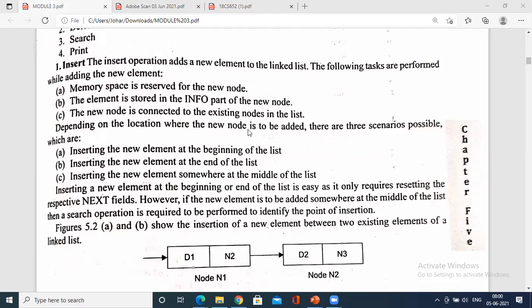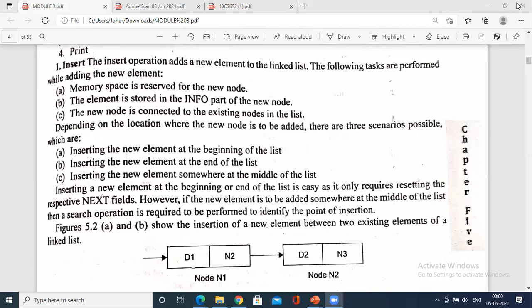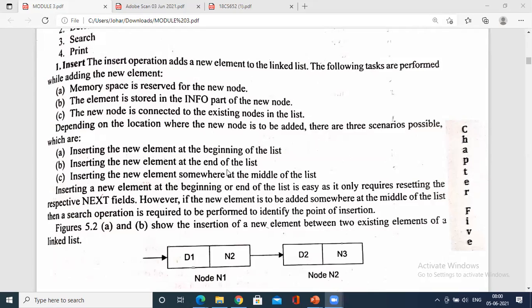As I discussed, insertion at the beginning is quite easy. Then inserting the new element at the end of the list, and inserting a new element somewhere in the middle. Insertion at the end is easy because it requires resetting the respective next field.